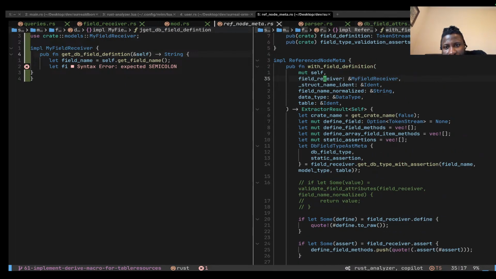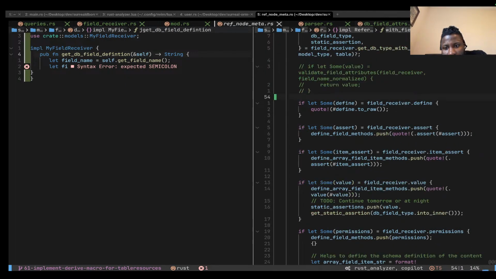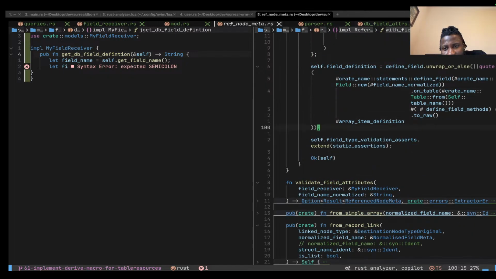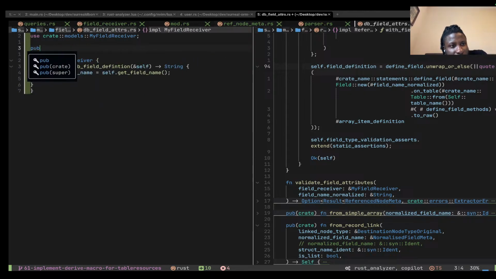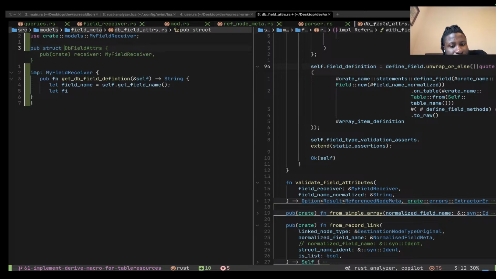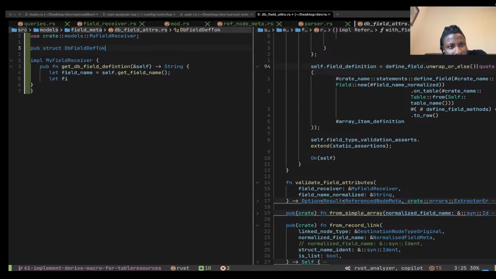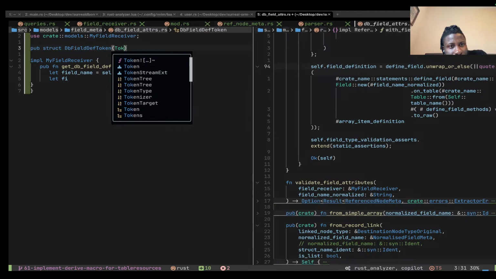I'm gonna create a. So right now we are stating that as a token stream, but I'm gonna call it struct user wrapper type. Using a wrapper type is just the best. DB field def token is a token stream, or hmm,